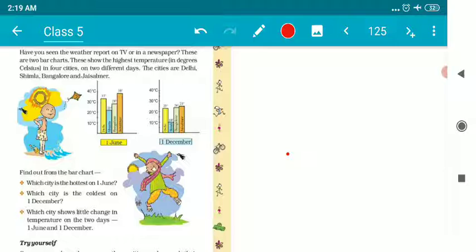So now your part of the job is to work on this in your classwork copy. It's better if you can draw this chart or graph on graph paper, I would be very happy. So your part of the job is to complete this and to submit the work in the